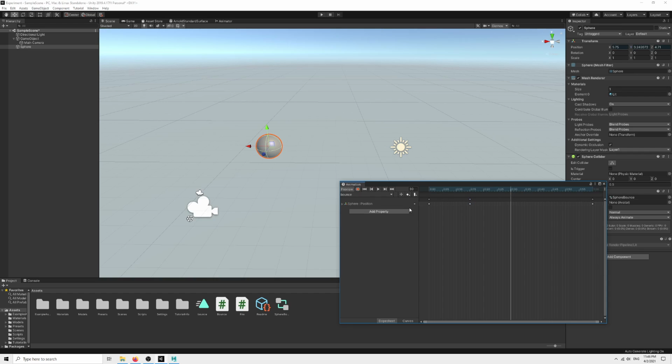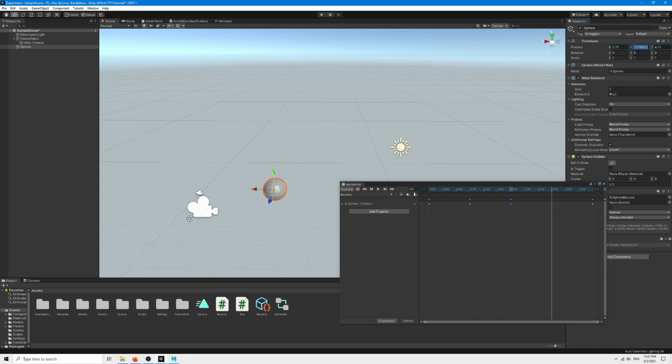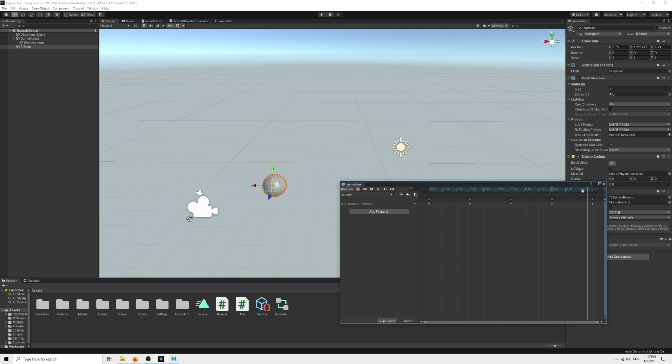You know what? We'll set that down to 1. Add keyframe. And set that to 4. Add keyframe. Now it ends the exact same way as it begins, even though we kind of muck around with the numbers. Now this is a whole animation made as is,